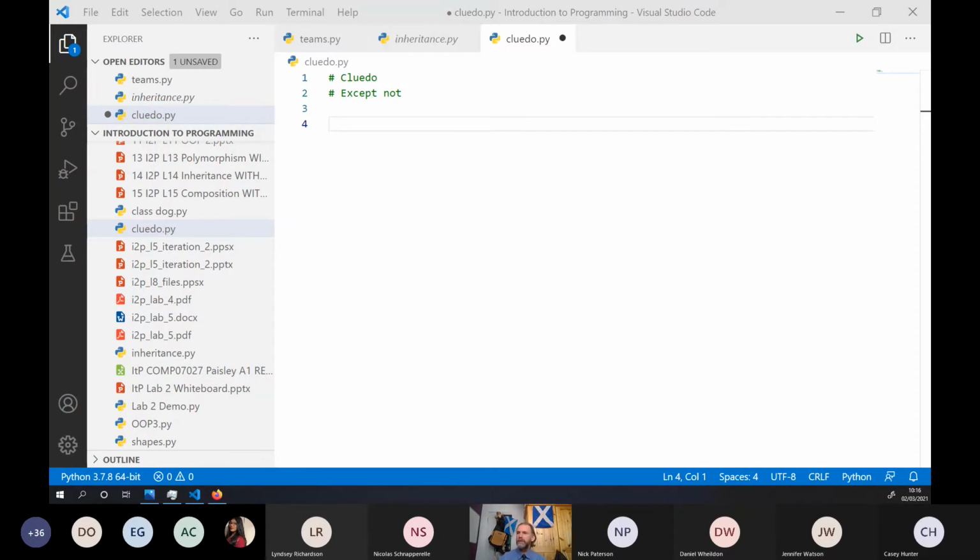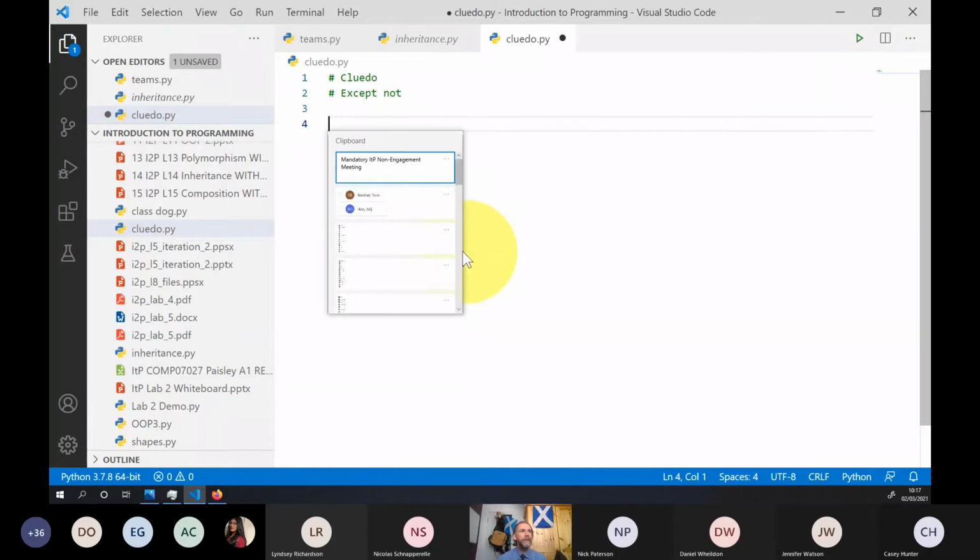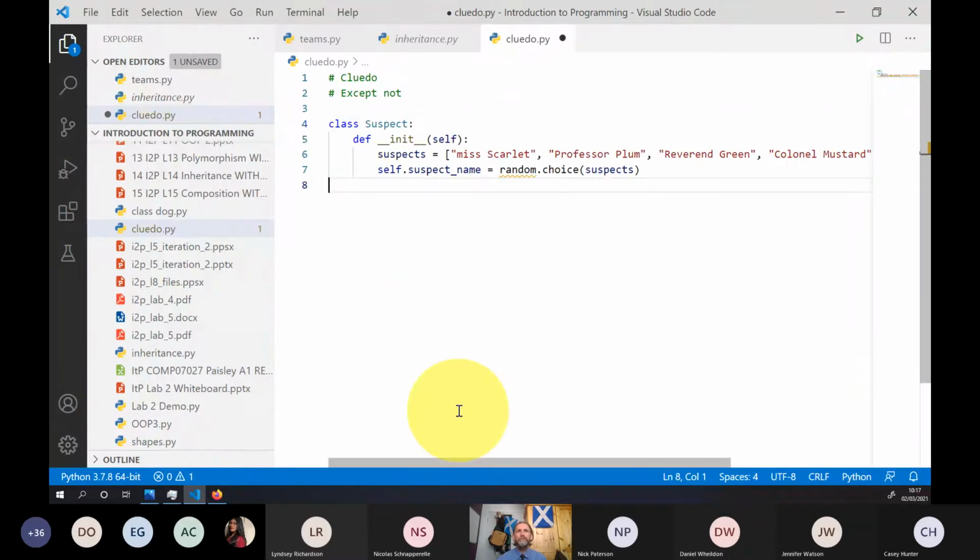So we're going to extend some of the examples that we've been using before, which is definitely not Cluedo, which is of course trademarked and Hasbro would sue me. So it's absolutely not Cluedo, but it gives you an idea of the sort of game that we're going to emulate here. And just because I was feeling nice today, rather than you watch me type for a while, I spent a wee while during the lab just typing in some code in order to move us on a little.